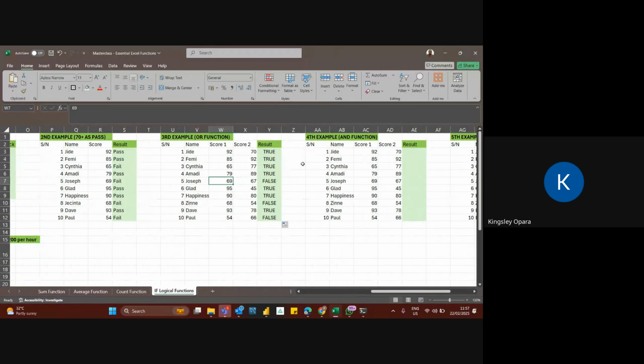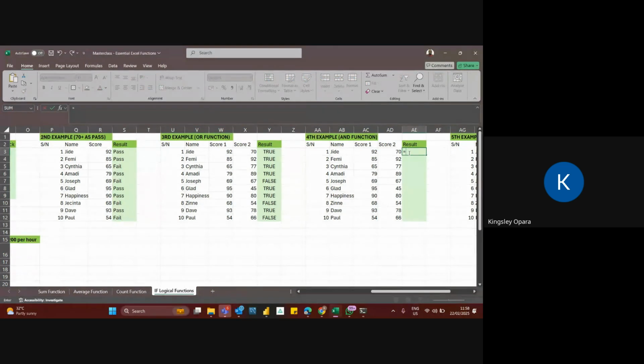Now let us see the AND function and how it works. Just like the OR function, the AND function is also a standalone. It will test the logic you have asked it to test and give you a default response, true or false. You may be asking, where is true or false coming from? Why are we not typing true or false? Excel understands true or false as a default response to any logical operation you are asking it to do. That is a built-in response in Excel.